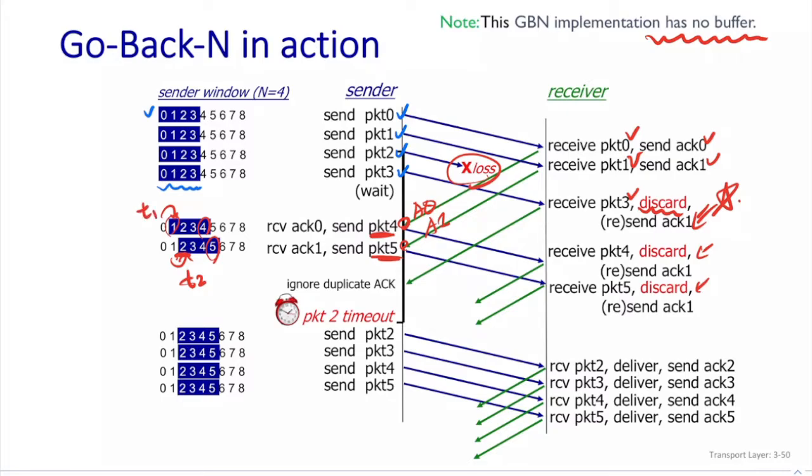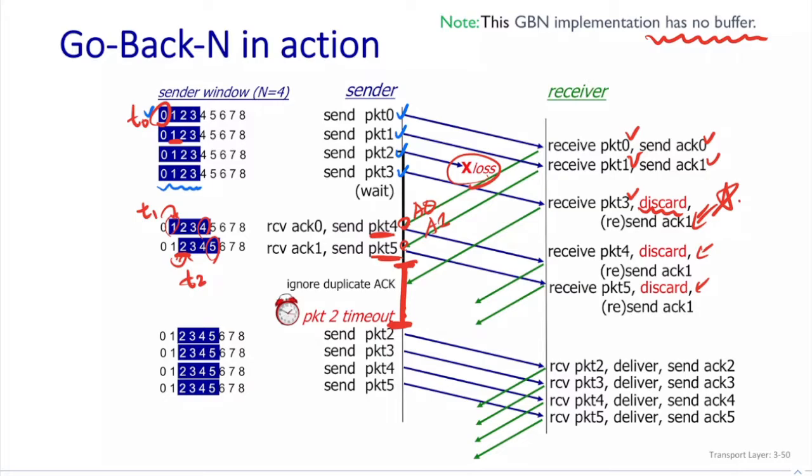send T1. When you send packet 0, you have to set a timer. But when you send packet number 1, you don't have to. I do not have to set a timer for T1 because at that time T0 has been set, and in the entire window there is only one timer for a window. So after that, we can see that